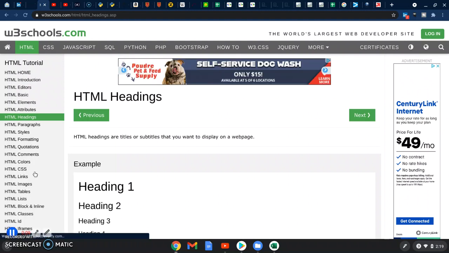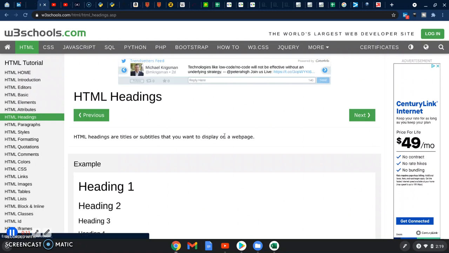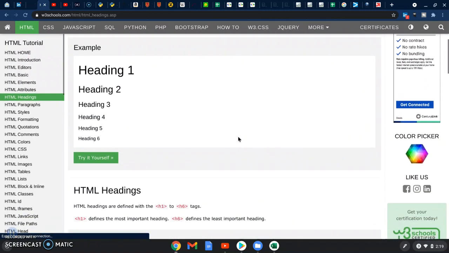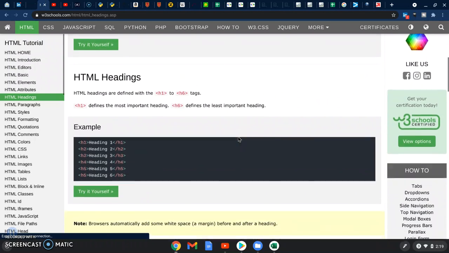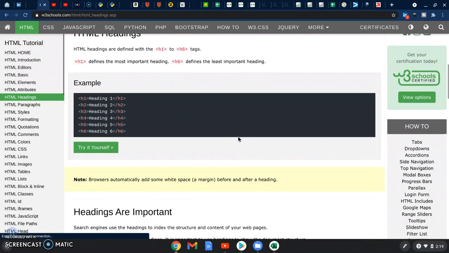We're starting the HTML headings chapter of the tutorial. You can see some examples here, and in fact the first two try it yourself exercises are very similar to the ones we had in the basic and elements, so I won't go through those